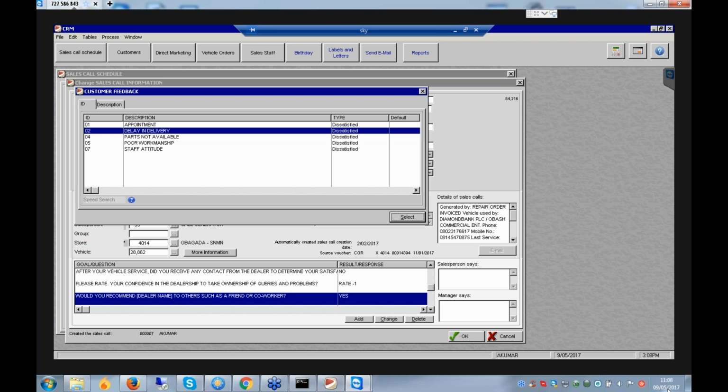So, if for 8 out of 9 questions the customer is happy, and for one question he is not happy, or he is not completely unhappy, he is somewhat happy. But if I say no to that, it means the score is 0. He is dissatisfied. Whatever the score was in the remaining 8 questions, maybe it is 100%, because of this one question, it became 0. Yes, it should not be like that.